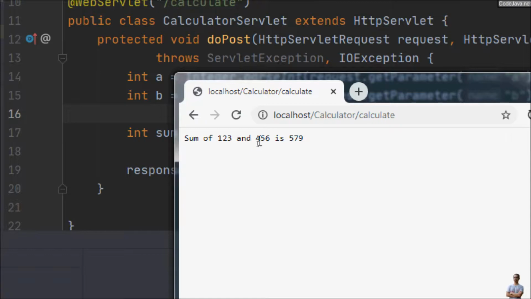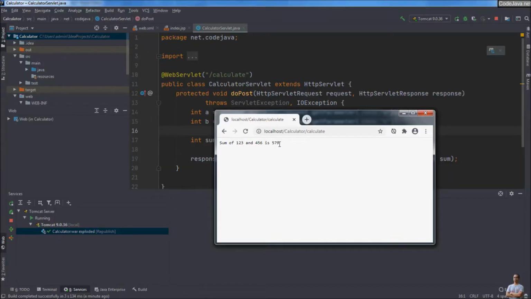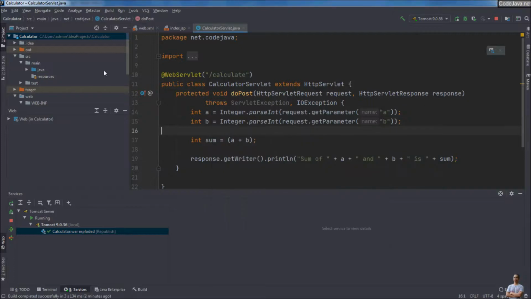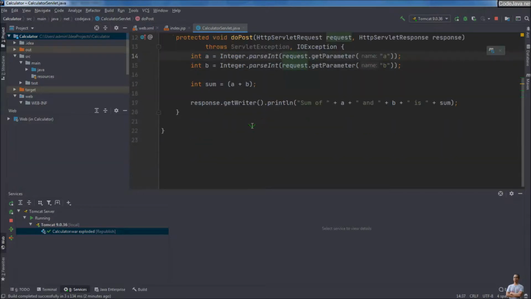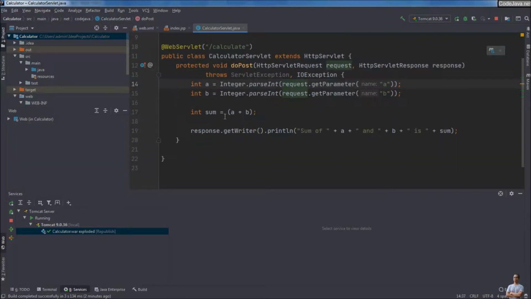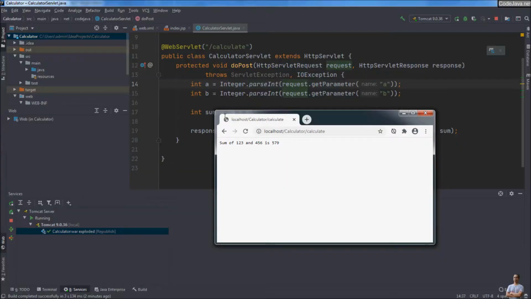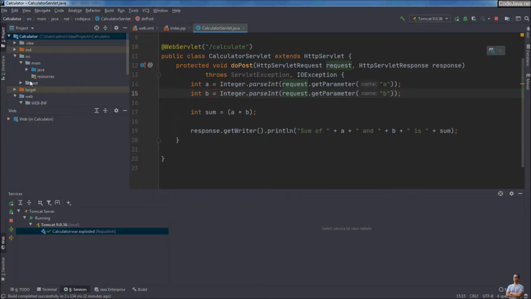Sum of 123 and 456 is 579. I think it is correct. Next, let's update the project to display the result of the sum of two numbers in the JSP page instead of printing in the response like this. So under the web directory here,